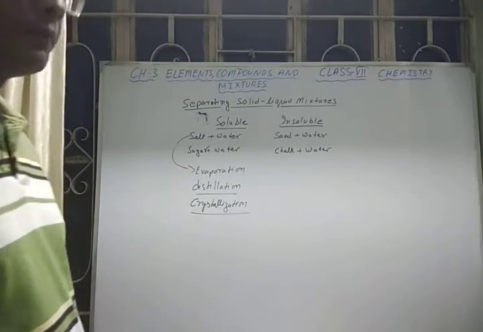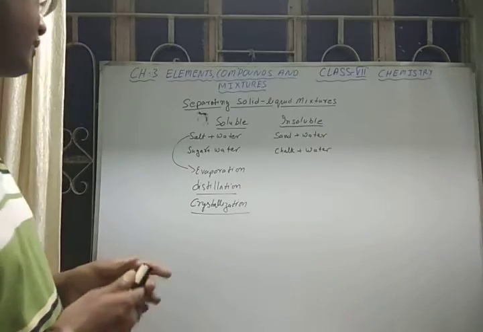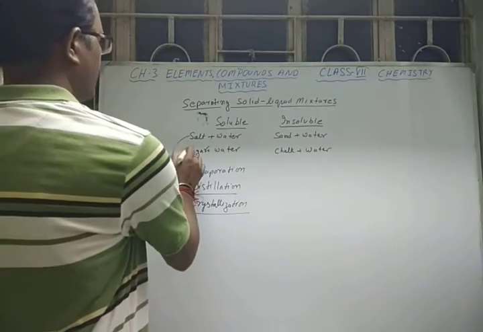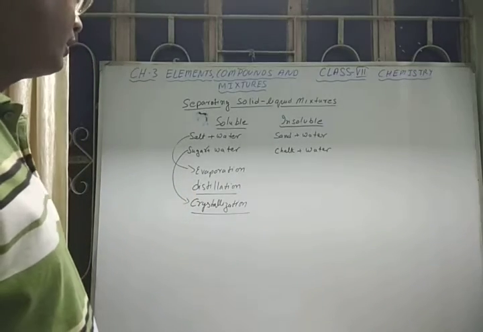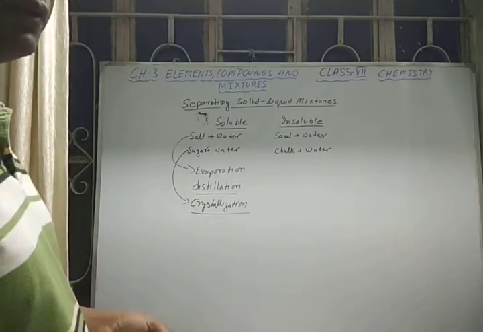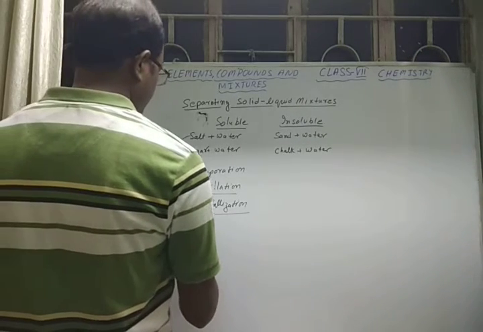What is this crystallization process? Again, in this process, if you want to separate sugar from water, we can do this crystallization process. So what do we have to do here? First condition, you have to take